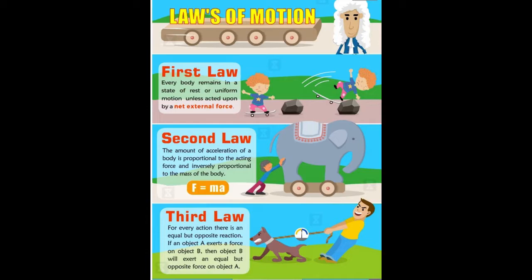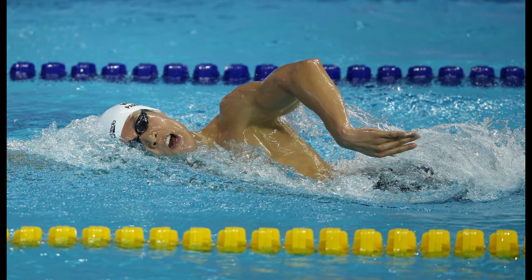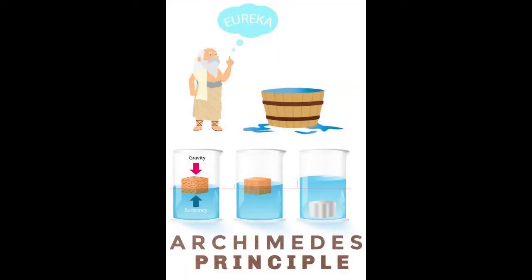Now, let's see forces acting on a floating body. In order to float in water, an object must be less dense than the water. This difference in density causes the object to float. This happens by way of a buoyancy force that lifts the object. The principle behind this lift is called Archimedes' Principle, which states that any object, regardless of its shape, that is